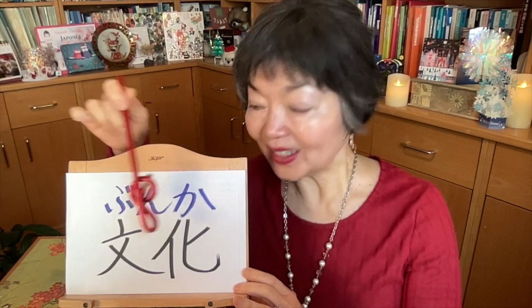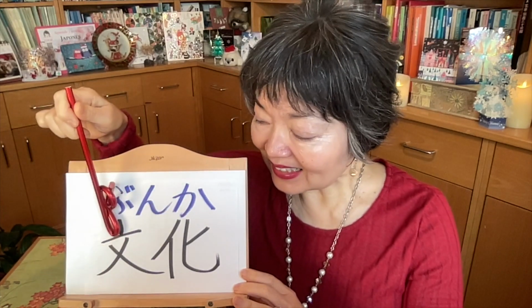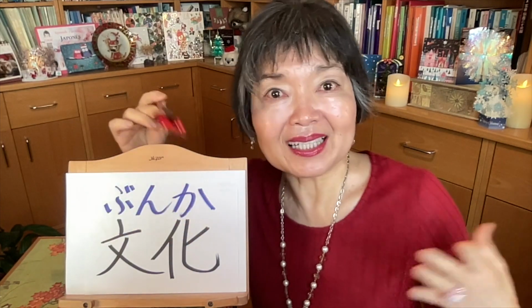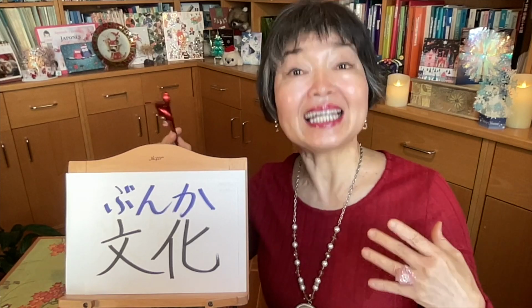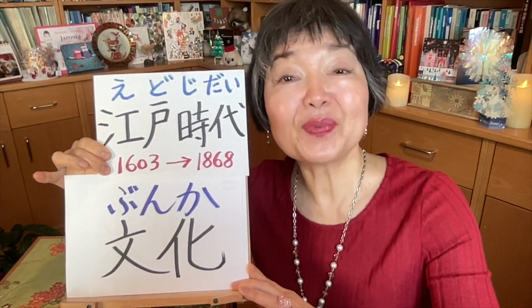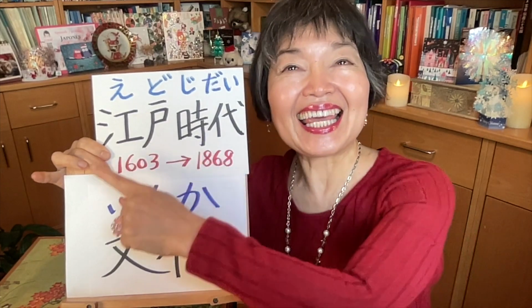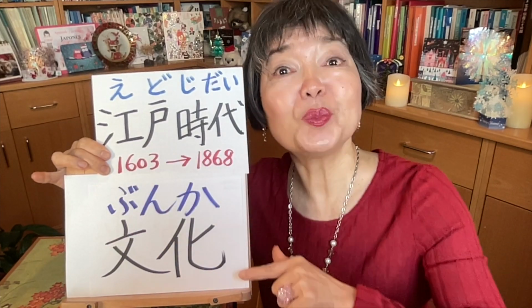Culture, bunka. You know, bun, this is sentences. Sentences are changing, are turning into something different. And this is going to be a culture, bunka. Japanese culture, Nihon bunka. Culture of Edo period, 江戸時代の文化。